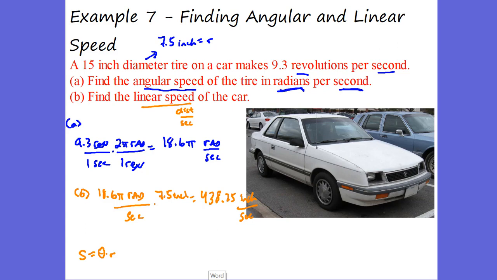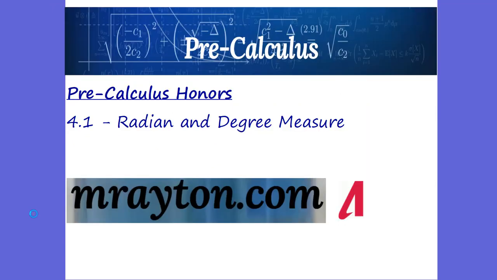This is how your car takes those revolutions per second or revolutions per hour and changes it into an odometer reading. Obviously, if you change the radius or size of your tire, it's going to change how your odometer reads, how fast you're going, things like that. So this was the first section of our new chapter, which is